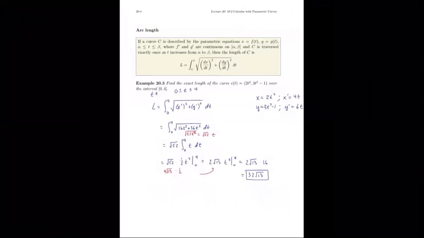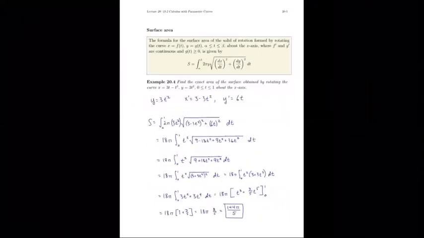And similar to our Cartesian equations, our Cartesian functions that had arc length formulas, there's also a surface area formula for parametric. So it looks very familiar, right? Remember that this radical component is the arc length component of the surface of one of these solids of revolution, or surfaces of rotation or revolution. And this is that circumference